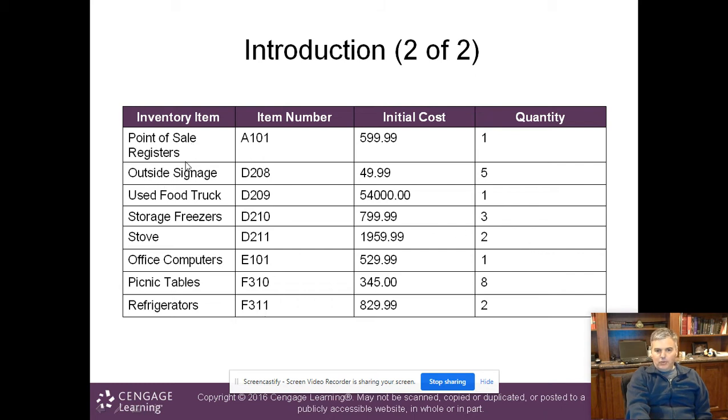We have our inventory items: our cash registers, our signs, our food trucks, our storage freezers, our stove, our office computers. We have item numbers for each one of those, cost, and how many we own, and then we'll calculate the depreciation on that. So this will all be inside a file for us, and we're going to read this into our application into an array, and we'll use that